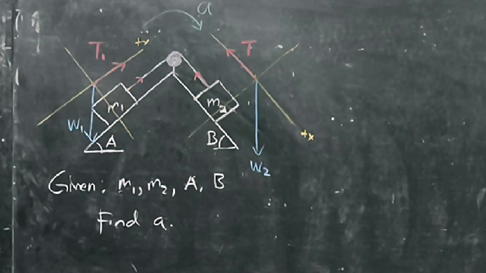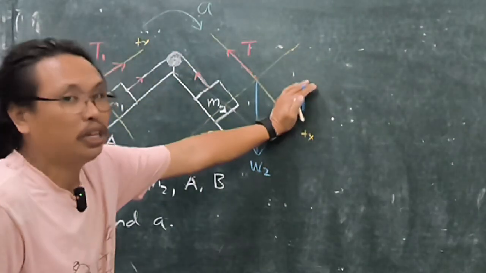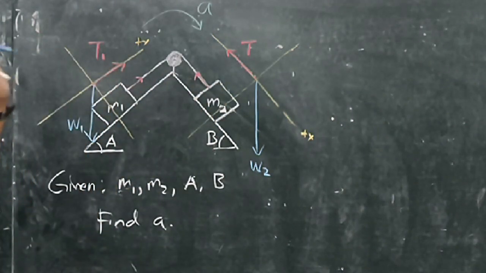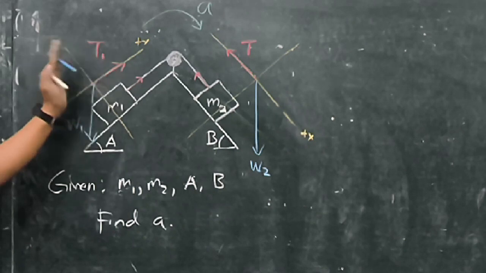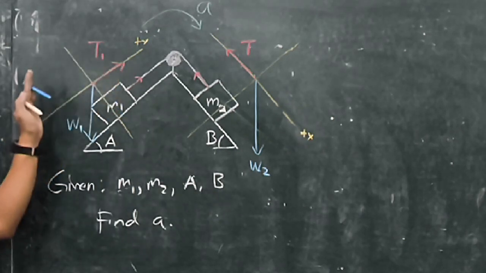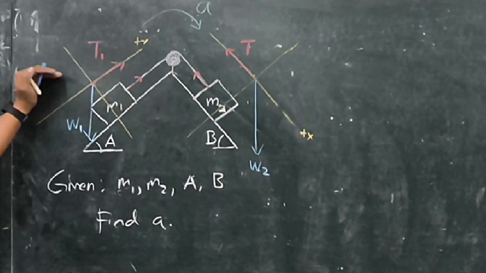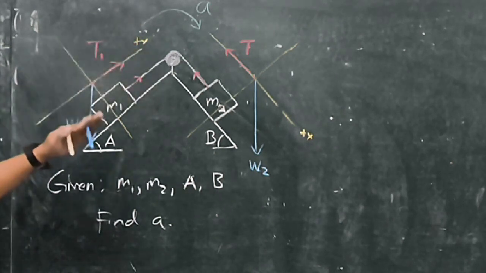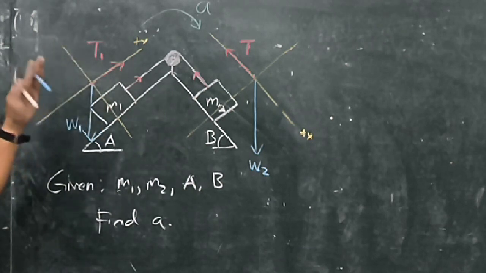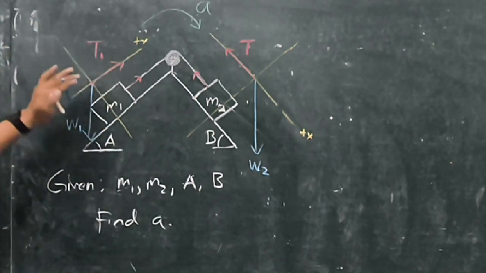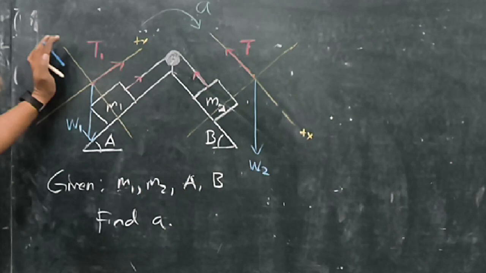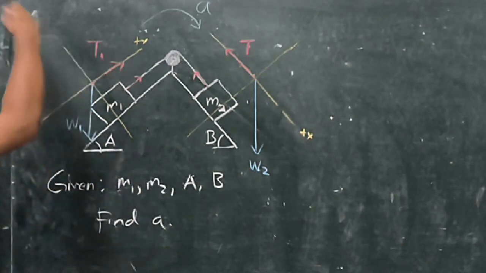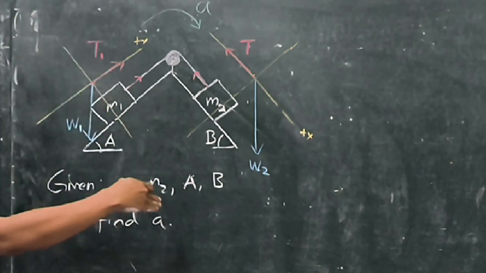Well, we can get two equations. One equation from here and one equation here. But actually here we can have two equations, because here we have summation of forces along x and summation of forces along y. But again, the forces along y will not give us anything, because the motion is purely along x. Y is purely equilibrium, right? Y is an axis of equilibrium. And since we don't need y for that, we have no friction. Unless there is friction, we will be needing the y. But since we have no friction here, our motion is not affected by the y-axis.